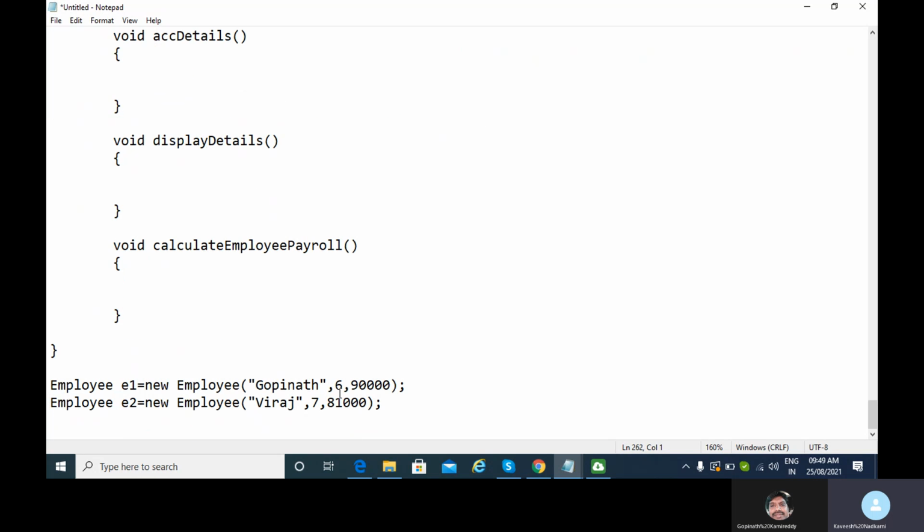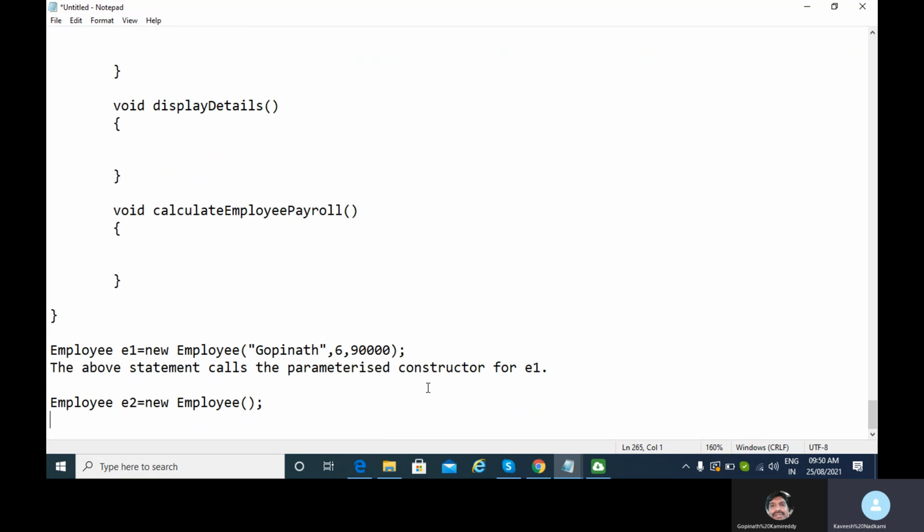Here, see, if I write employee E2 with empty brackets, for E1 we are calling the parameterized constructor, for E2 the non-parameterized. Clear? Yeah, clear. The above statement calls the parameterized constructor for E1, and the above statement calls the non-parameterized constructor, not the default constructor, which is defined explicitly, for E2.